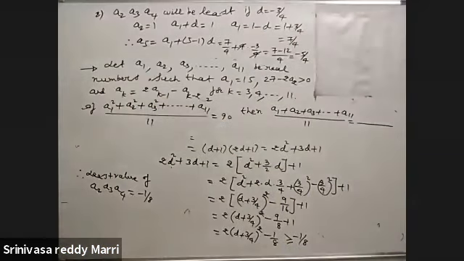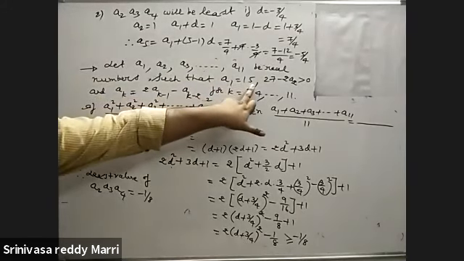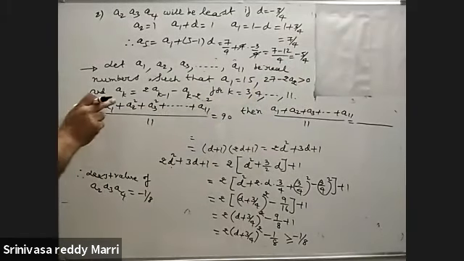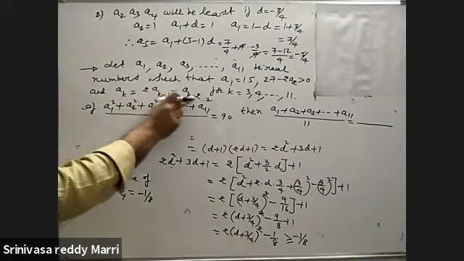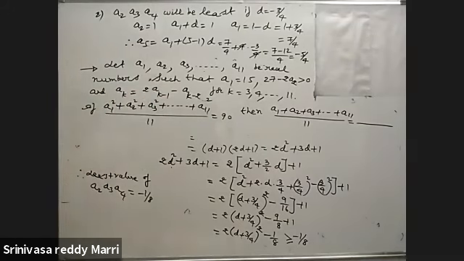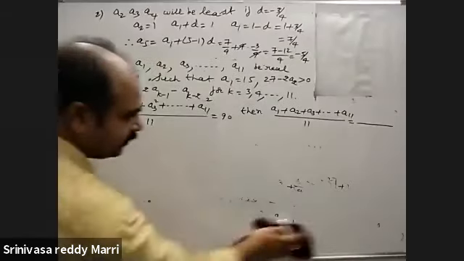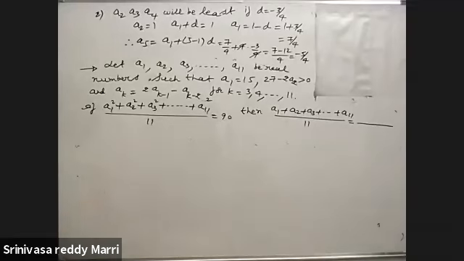Look at the problem. So 11 real numbers are given. Here A1 equals 15 and 27 minus 2A2 is greater than 0, and one relation is given: AK equals 2 AK minus 1 minus AK minus 2, for K equal to 3, 4 and so on up to 11. Look at that. Here they are AP like that, nothing is given, but one relation is given. These numbers are satisfying this relation.